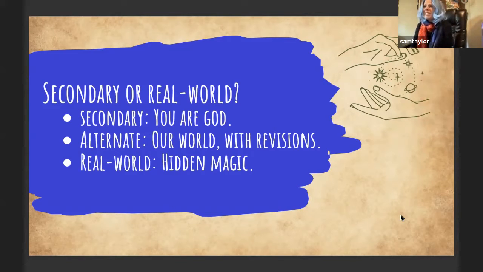Alternate world fantasy. So it's our world, but with a twist. Maybe you've made some changes to history and altered the outcomes of some historical events, and that's where the fantasy comes in. Maybe you're attributing some historical events or inventions to magic. There's something about it that you've changed, and this is also a really fun way to build a fantasy world.